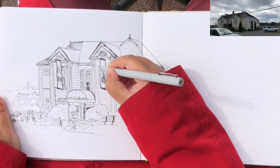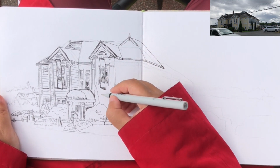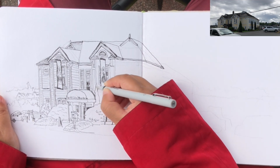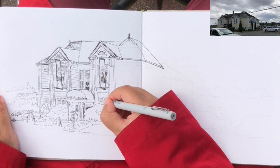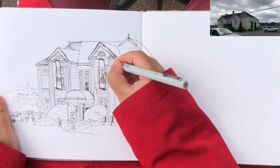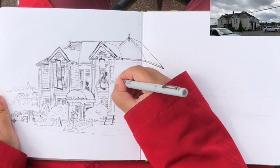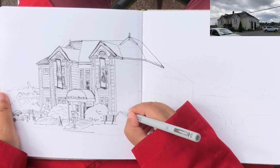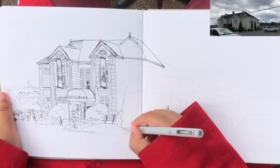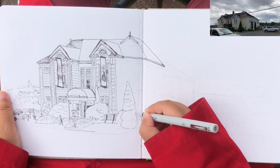Yeah, behind the hanging banner here, I see a couple windows obstructed by the banner, shading in some of the window panels with solid black ink to give more sense of depth for this building, that there's really a space behind the window panels. More vertical and short horizontal lines for the wooden plank exterior, and there's another tall cone-shaped shrub over here, starting